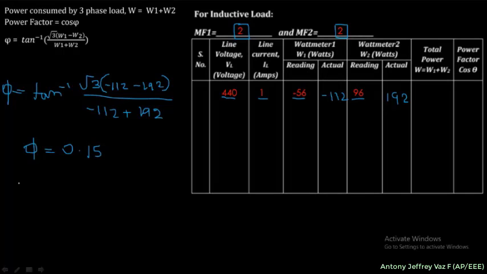To find the cos phi value, you need to substitute the value here. Cos of 0.15. What will happen here is you will get a power factor of